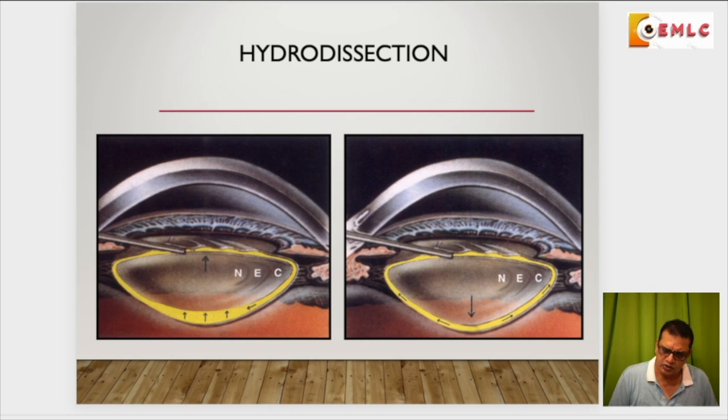Now coming to hydrodissection, that is again a very important step. It's important for SICS as well as it's important for Phaco. It will make your life extremely easy if you have done a very good hydrodissection. Hydrodissection is nothing but injecting fluid between the cortex and the nucleus and the lens capsule so as to create a cleavage line between these two, and move the posterior capsule away from the nucleus as you do the subsequent